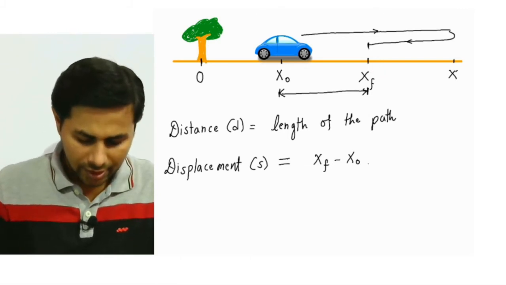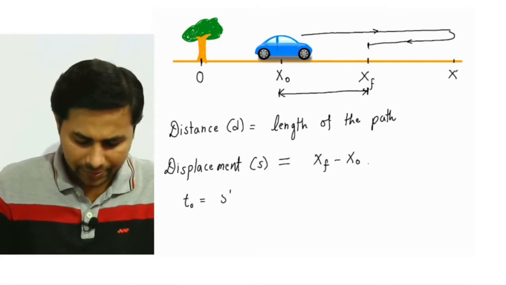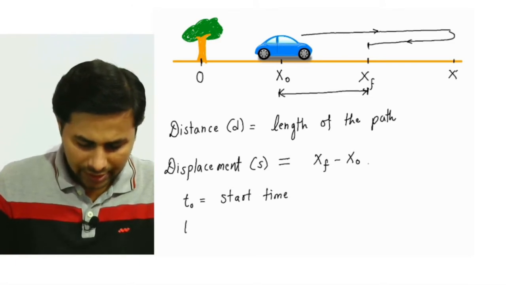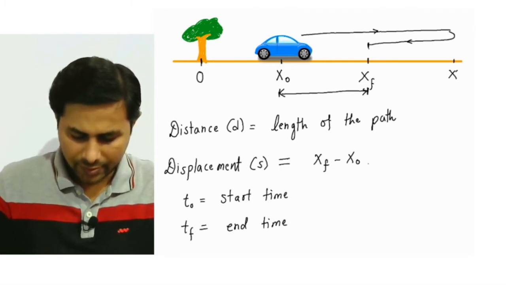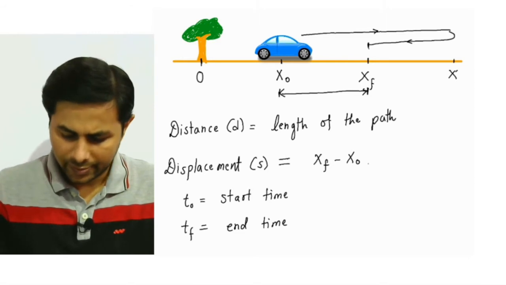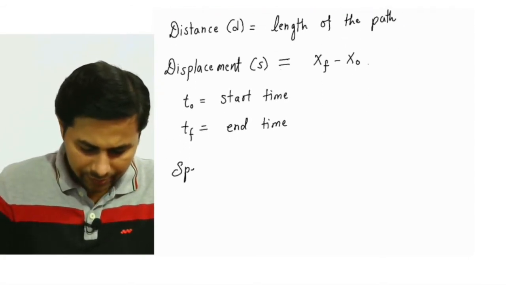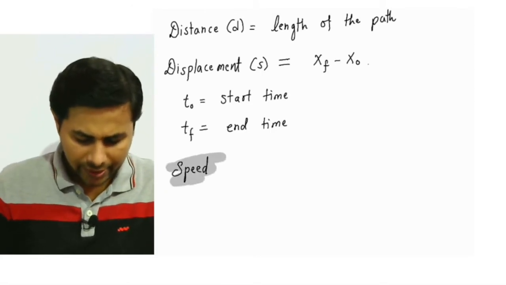Okay, so t0 is the start time, and tf is the end time for this car. Then speed, actually this is average speed,